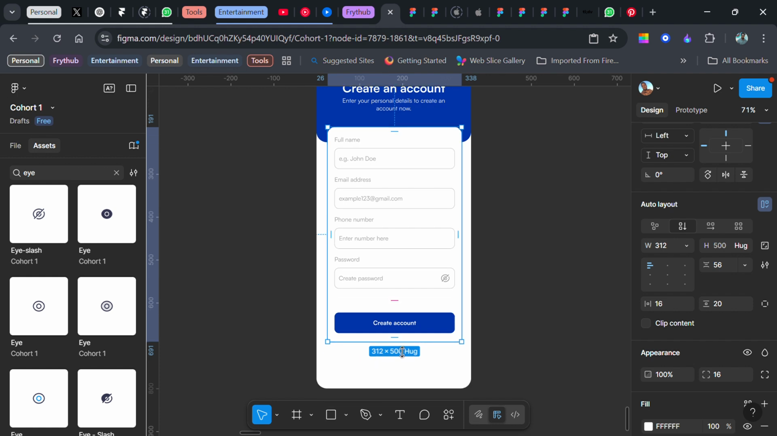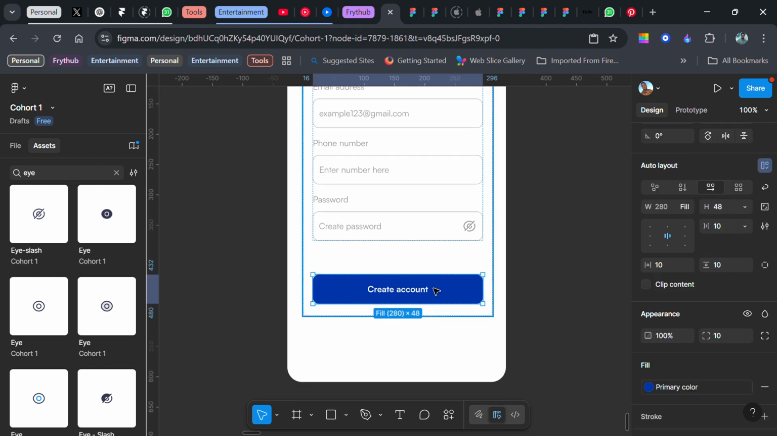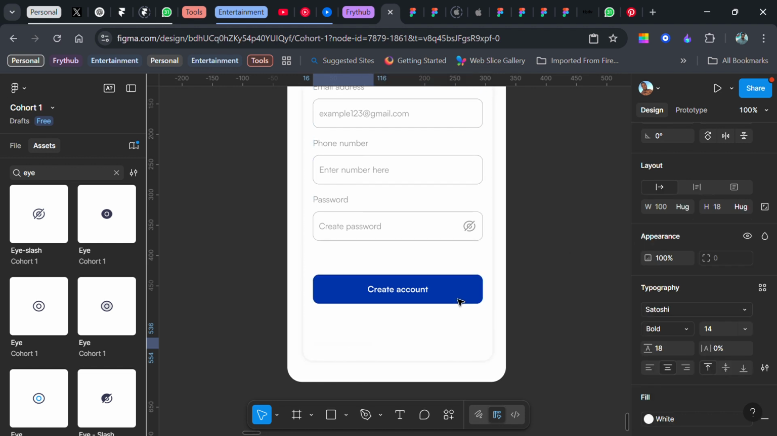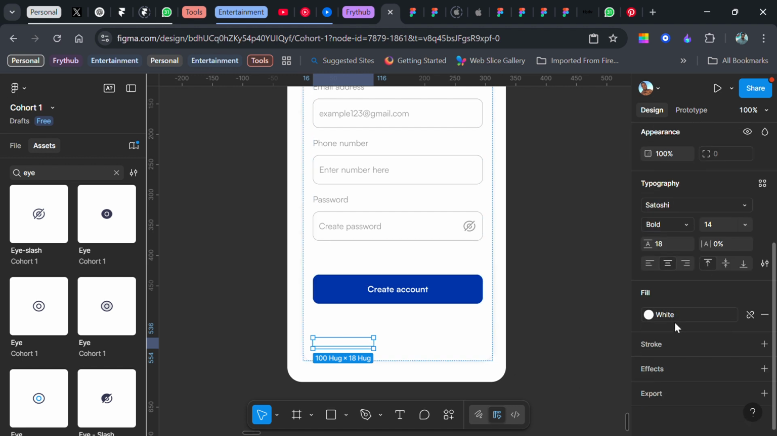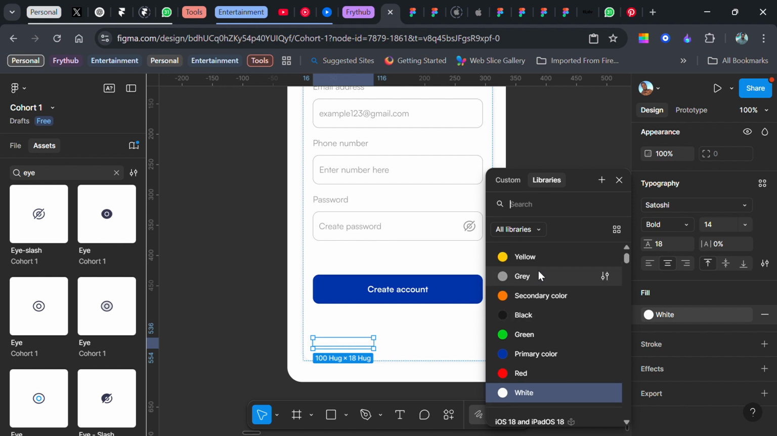So we have create account and we have the secondary button, which is supposed to be down here. So what I'm going to do is I'll duplicate this button, Control T, then I'll just change it to the secondary button. How do we do that? It's very simple, I promise you. First of all, remove the auto layouts, Control backspace. You don't need the auto layouts for that text. Now that text, change it to gray text